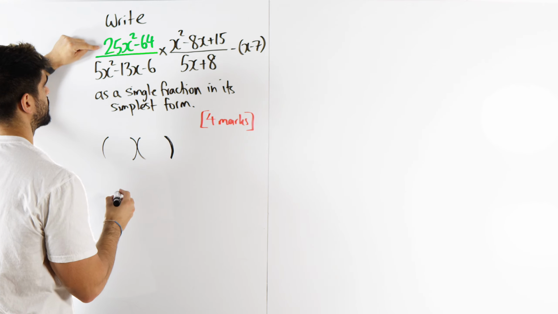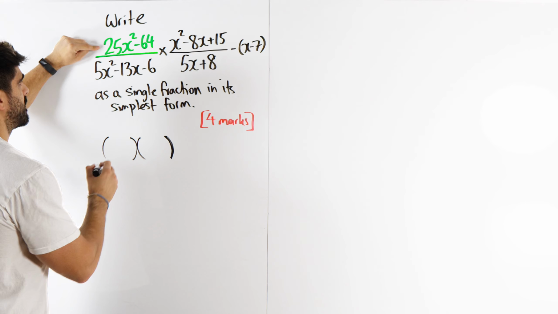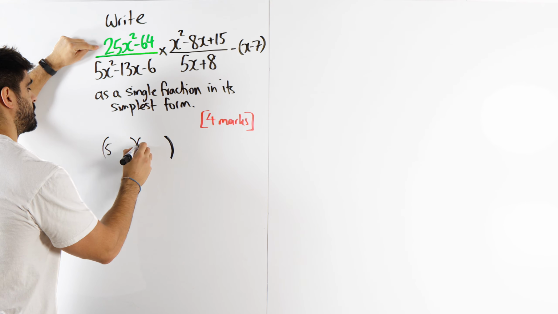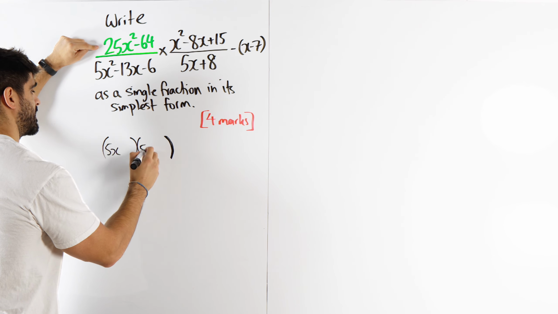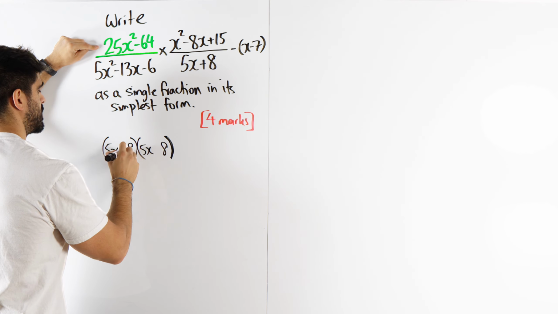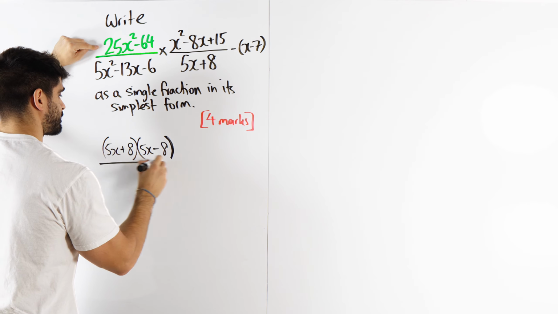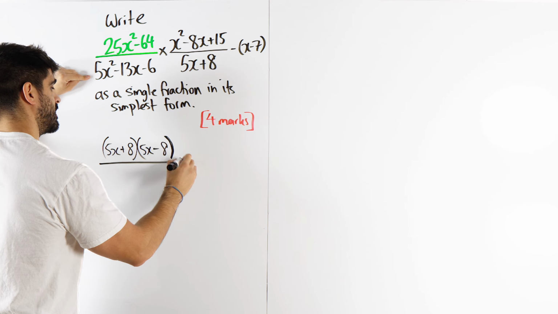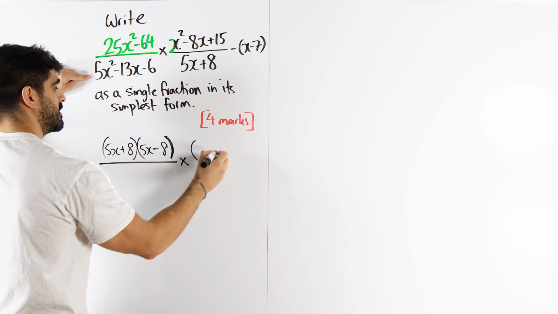a difference of two squares. What multiplies by itself to give you 25x²? Well, for 25, it's 5 and 5. To make x², it's x and x. How about 64? Eight, eight. One's plus, one's minus. I'll worry about this later. Times